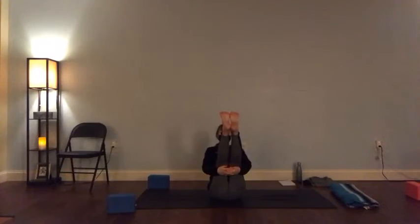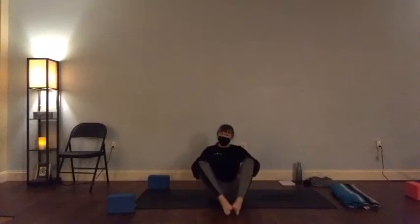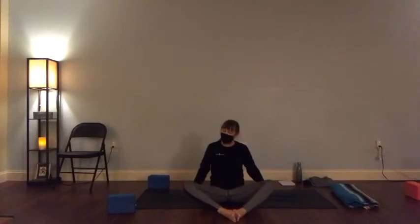Boat pose. One more breath. And then we're going to come on down, let the soles of the feet come together into Baddha Konasana and